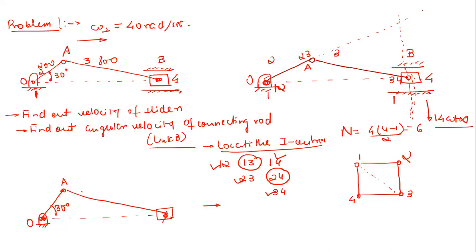So let's say I extended this one, the 1 4 instantaneous center, which was lying at infinity. So obviously this will be just a straight line, perpendicular to this 1 2 3 4 line, right? And then another one, I extended this line 1 2 2 3, and I found that they are intersecting at this point 1 3. So now the point is how I decided this should be 1 3.